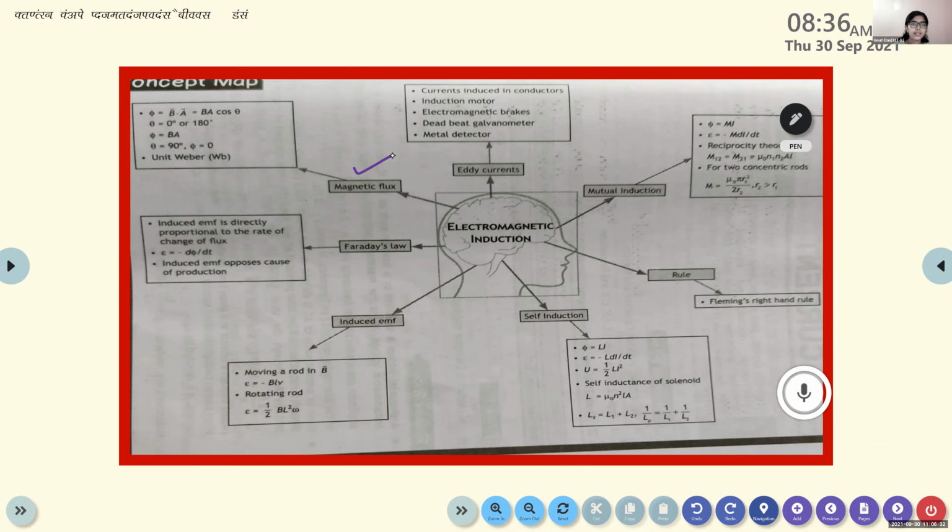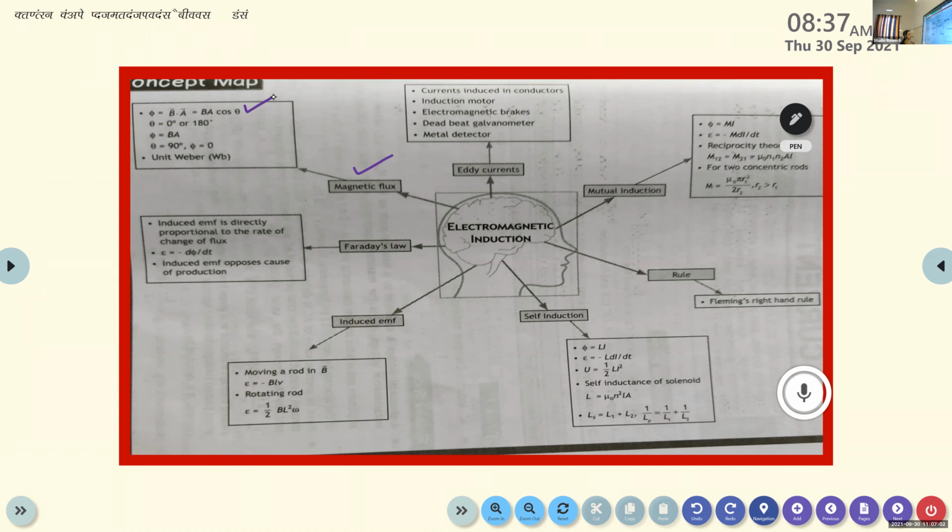Total number of magnetic field lines passing normally through a material. Okay, it is the total number of magnetic field lines passing through a given area that is known as magnetic flux. And what is the equation for calculating magnetic flux? Phi is equal to B dot A. Since it is a dot product, we can say phi is equal to BA cos theta, where phi represents the